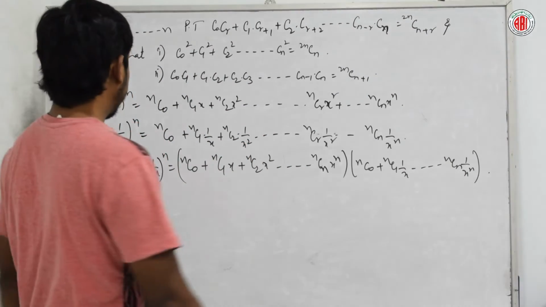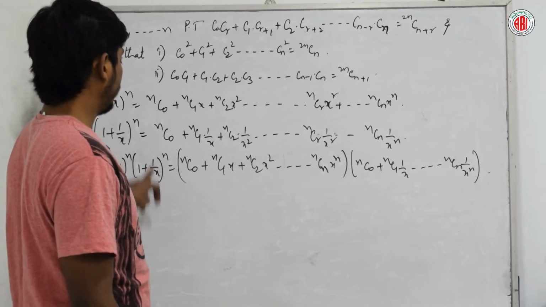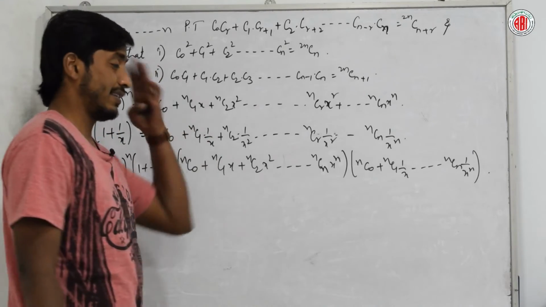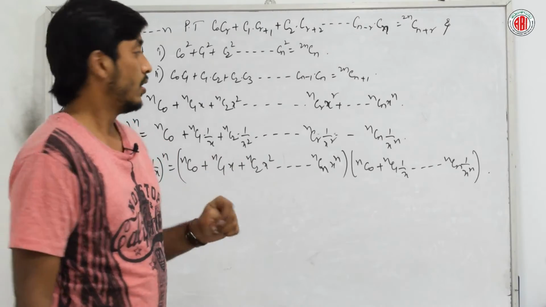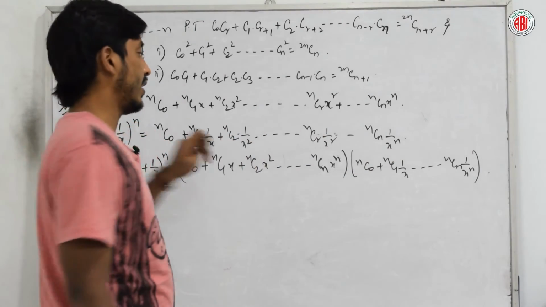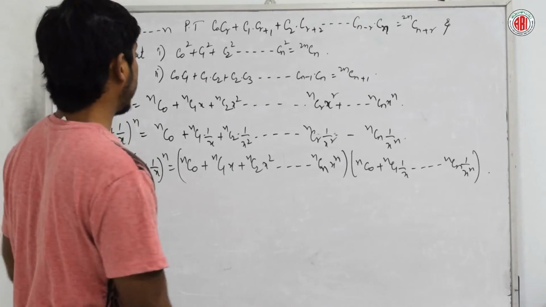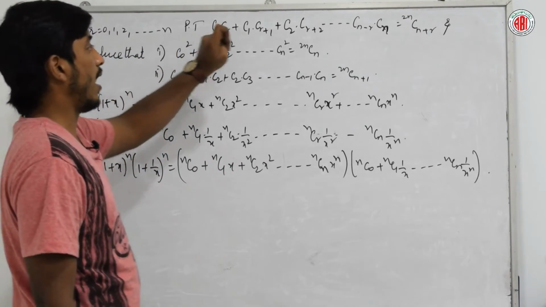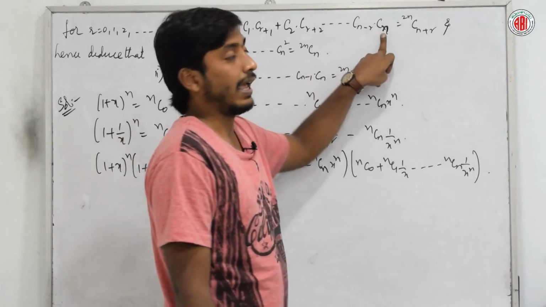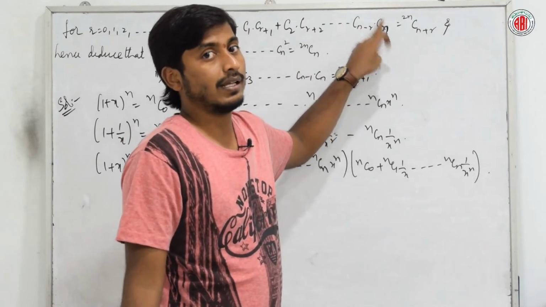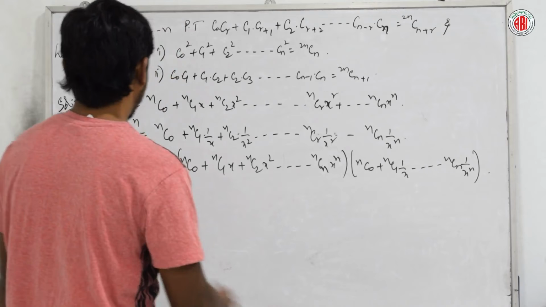Okay. Or else here you can simply write as plus or minus. There are many things you can do. So if I multiply all those, if I do everything, what could be the coefficient of some term? Here it is 0r, here it is n minus r n. So what could be the term? Let us write